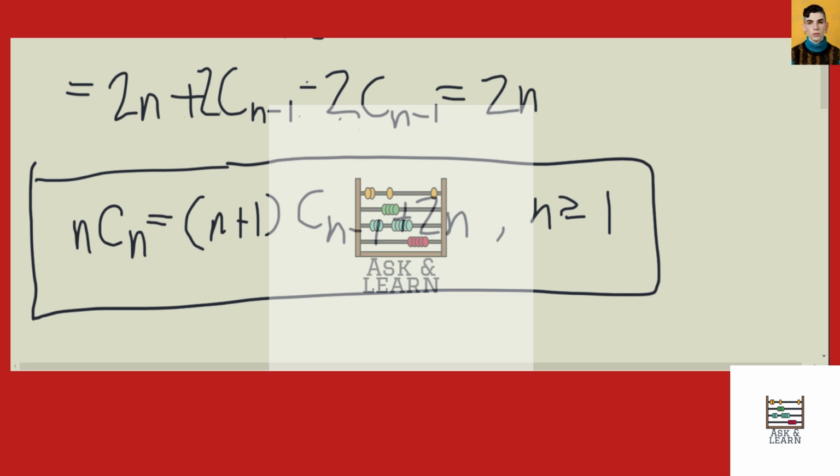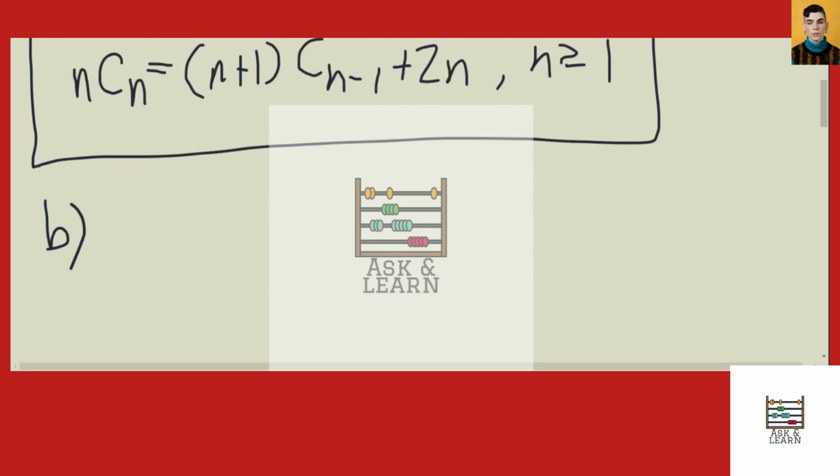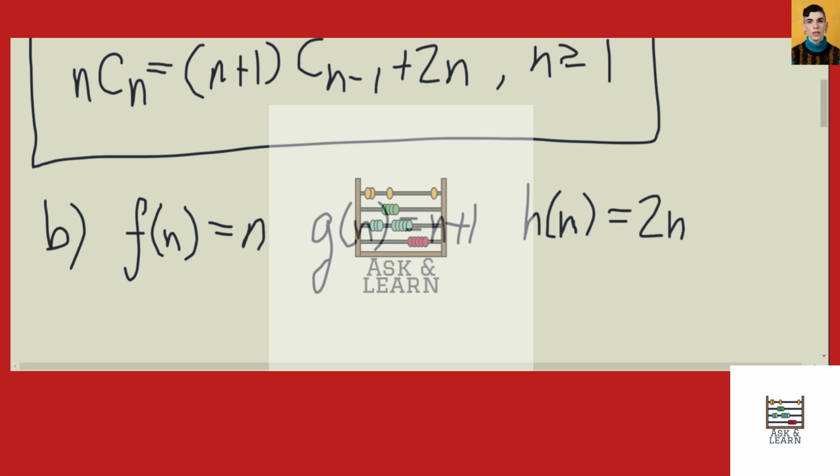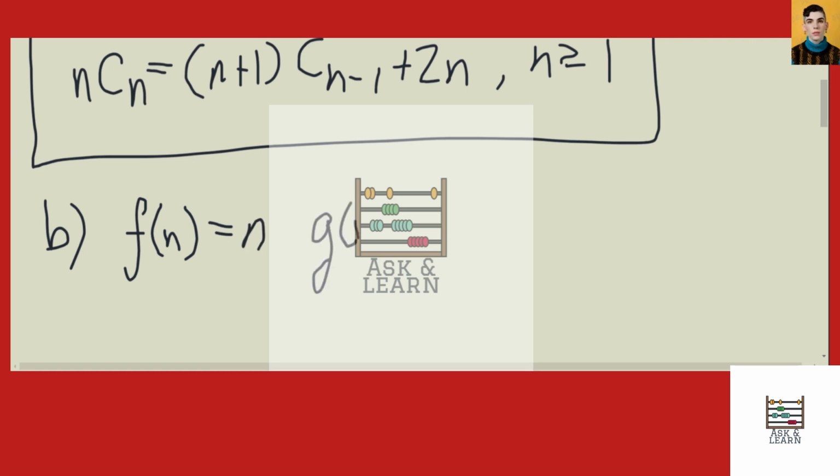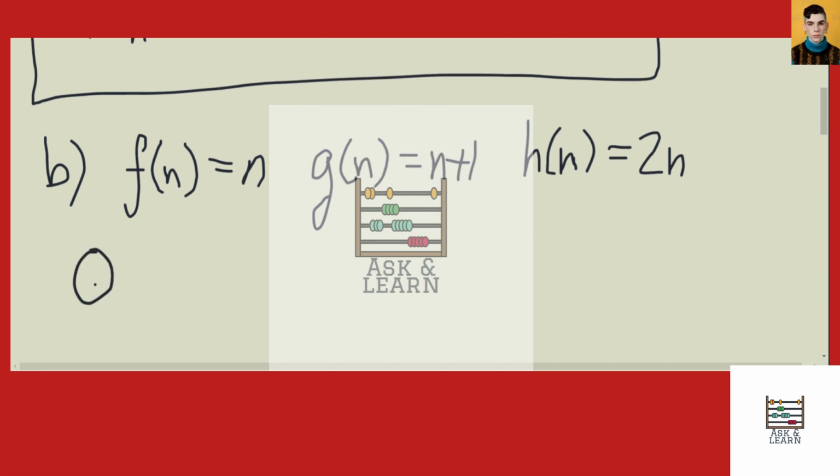And in part B, we're asked to solve this recurrence relation to find an explicit formula for C of n. So notice that the recurrence relation from part A is a linear, non-homogeneous recurrence relation with variable coefficients. And recall from a previous problem that if we take f of n to be n, g of n to be n plus 1, and h of n to be 2n, and we take q of n to be f of 1 times f of 2 up to f of n minus 1,